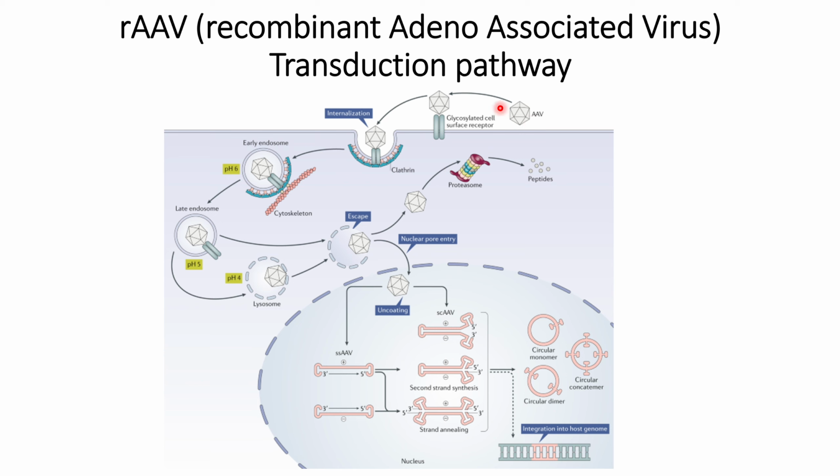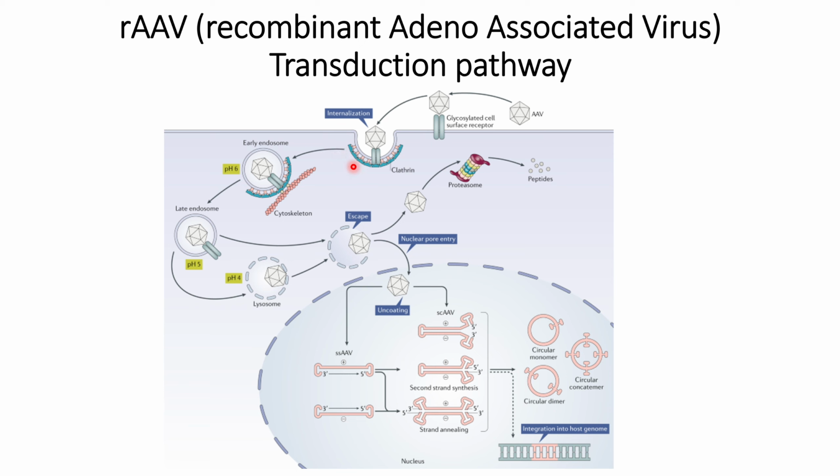So adeno-associated virus can interact with the glycosylated cell surface receptor. These are the receptors that have glycans in them, and adeno-associated virus can interact with the glycans that are present on the cell surface. After this interaction, this helps in endocytosis or internalization of this capsid with the help of clathrin,